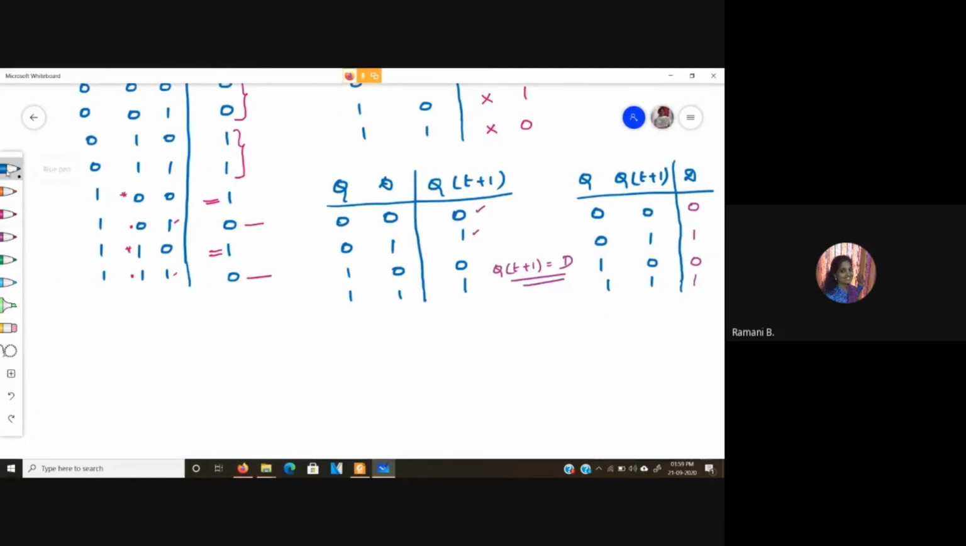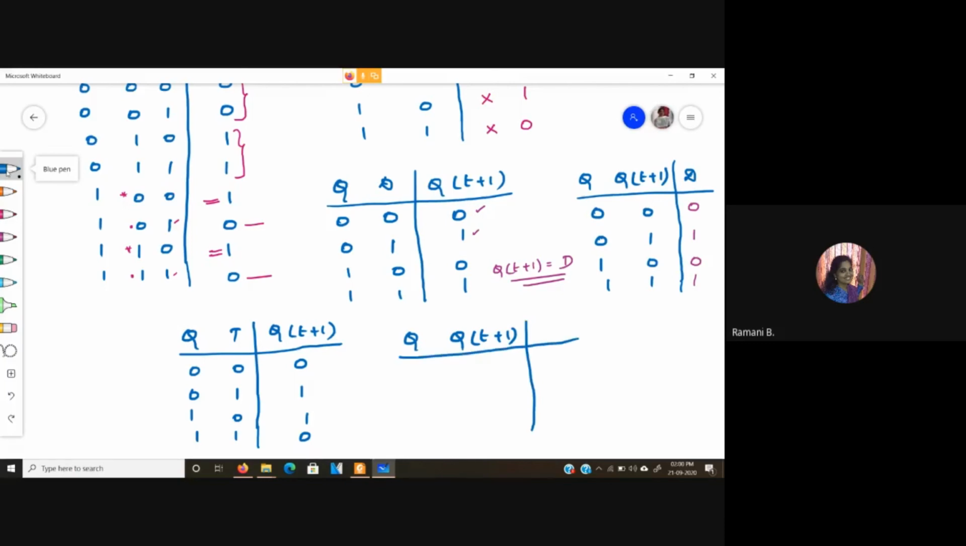And lastly, with T flip-flop, Q of t plus 1. Here we know when T is equal to 0, it is a no change condition, and when T is equal to 1, it complements. So whatever value you have at Q will be written as it is, and when T is equal to 1, this will be complemented. So here Q is equal to 1, so we complement the value and give it as 0. Here with T equal to 1 and Q equal to 1, this will be complemented and given as this. So for T flip-flop, the excitation table will be,